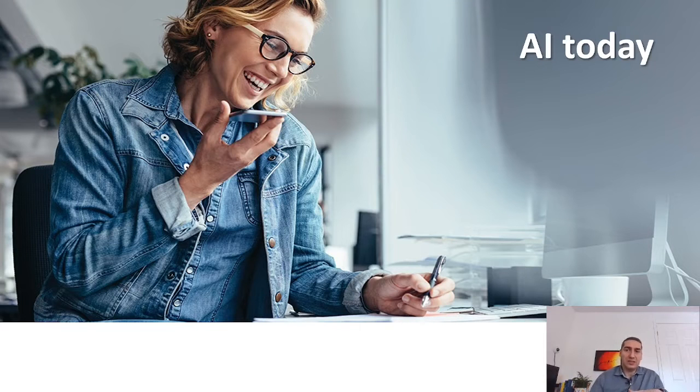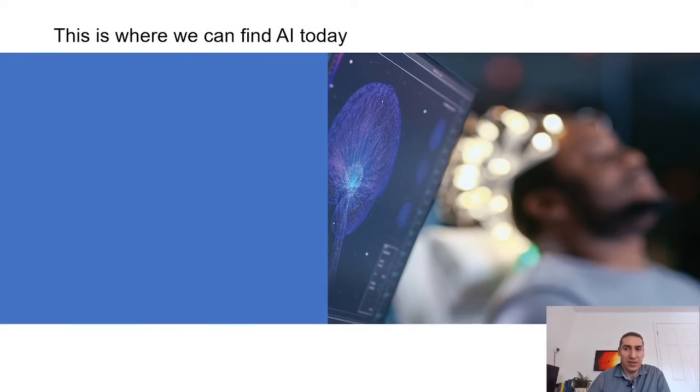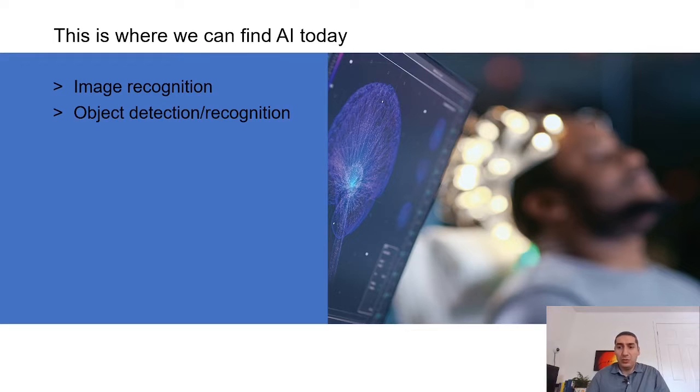Now, having said this, let's look, where is AI today? So where do we find AI today and in which applications? First, we see AI in image recognition. Image recognition can be used to help detect medical issues, for example, within cancer diagnostics, or it can be used also in the surveillance industry. Object detection and object recognition are the most interesting fields for the security industry, where the